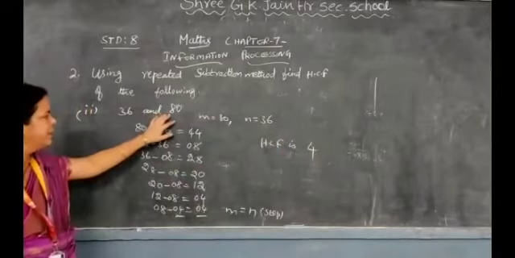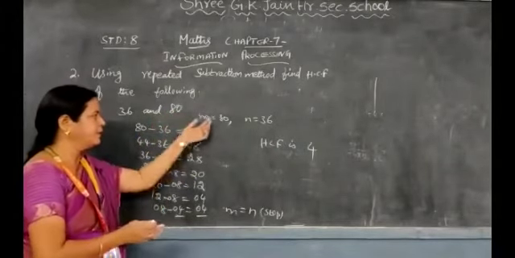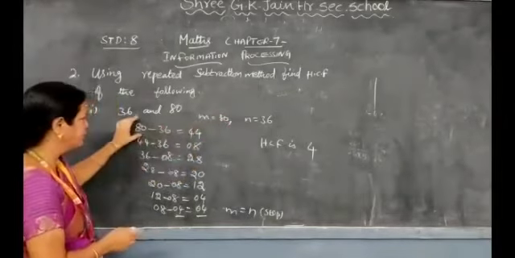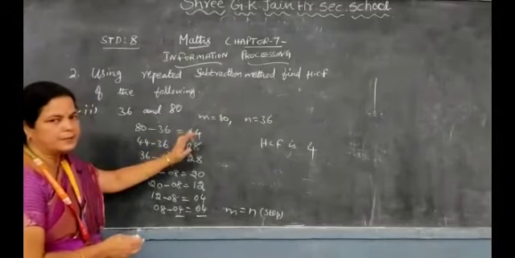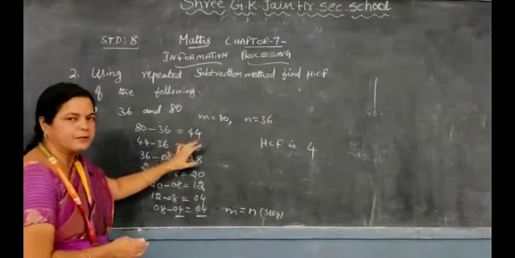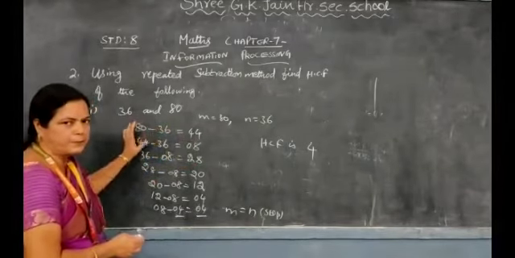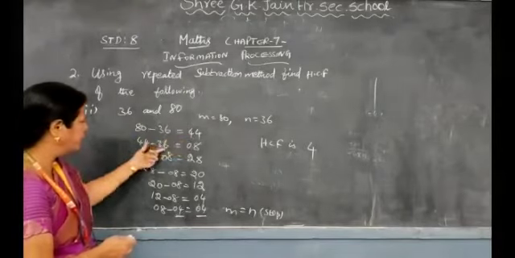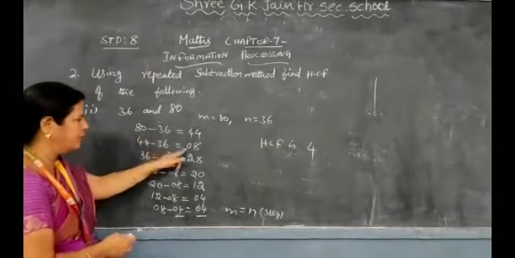What is given here? 80 and 36. We are going to compare these two numbers. Take the bigger number as m and the smaller number as n. So from this, 80 minus 36, how much are you getting? 44. While minusing the numbers, be careful and then do the minus. Even if you know very well, please do it properly. Now in this, the answer is the bigger. So 44 minus the second number, then you will get 8.